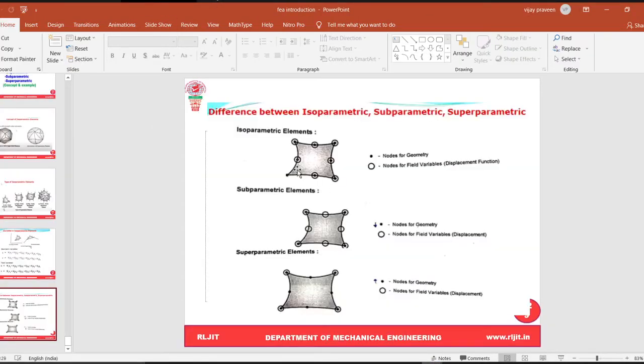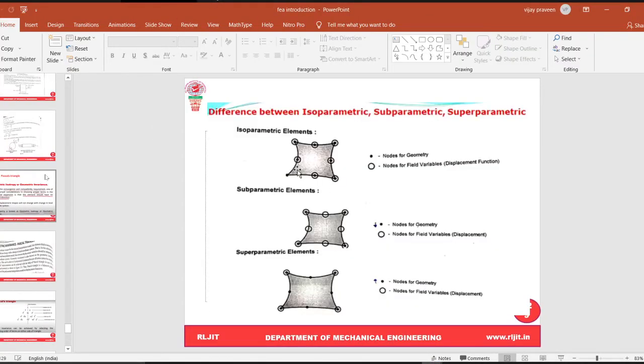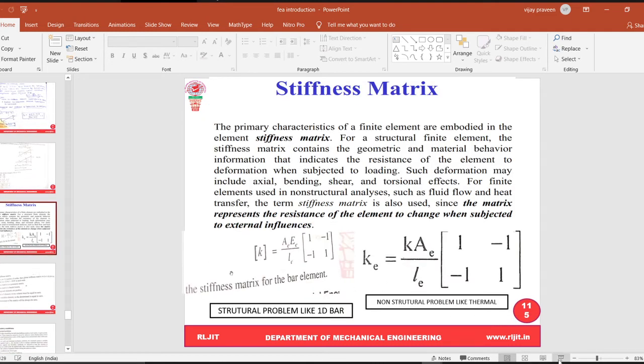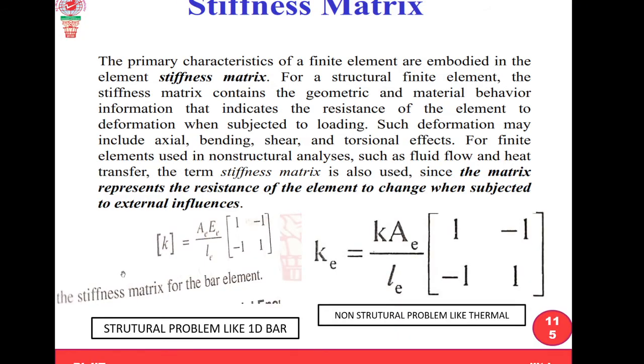I think we have covered the stiffness matrix. What is the stiffness matrix and what are its properties in the previous module? Isn't it? We have covered that, right? Yes. Can you tell me what you mean by stiffness? Can anyone tell me? What do you mean by stiffness?